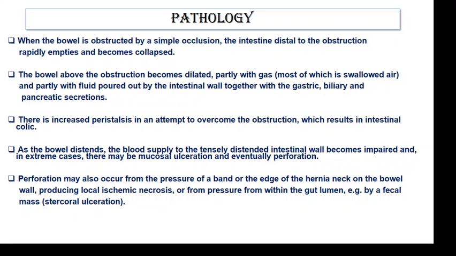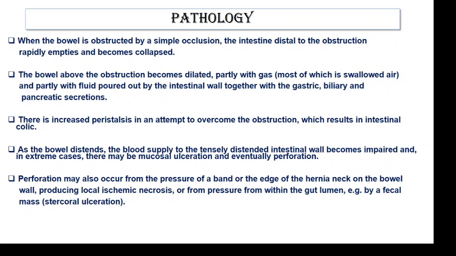To overcome this obstruction, there will be an increase in peristalsis, which results in intestinal colic, and the patient will develop colicky abdominal pain. As the bowel becomes distended, the blood supply to the intensely distended intestinal wall becomes impaired, and in extreme cases, there might be mucosal ulceration and even perforation. Perforation may also occur from the pressure of a band or the edge of the hernial neck on the